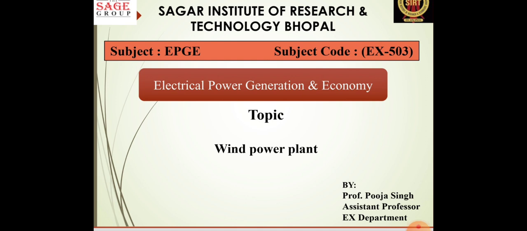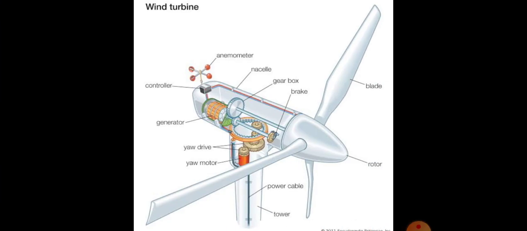Today we are going to discuss the nacelle portion of a wind turbine, which is used to convert kinetic energy into electrical energy, and which is connected with the rotor and pole. So the main part of a wind turbine is the rotor hub, in which all blades are connected. Second one is the blade. It can be 2 or 3 according to need. Last one is the nacelle portion, and the nacelle is a box in which all the parts are connected by a shaft,